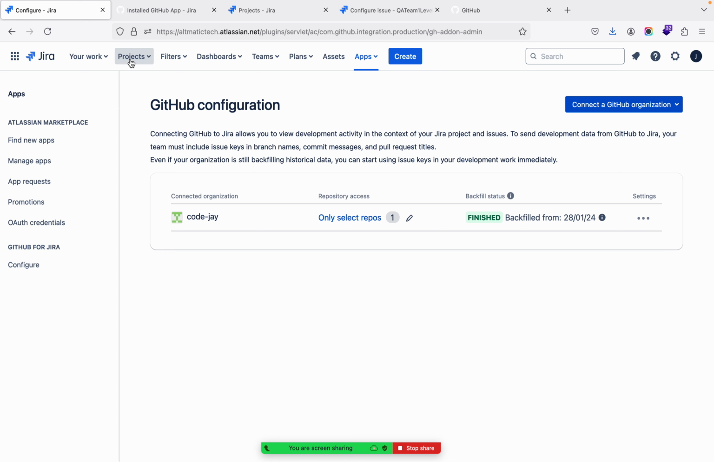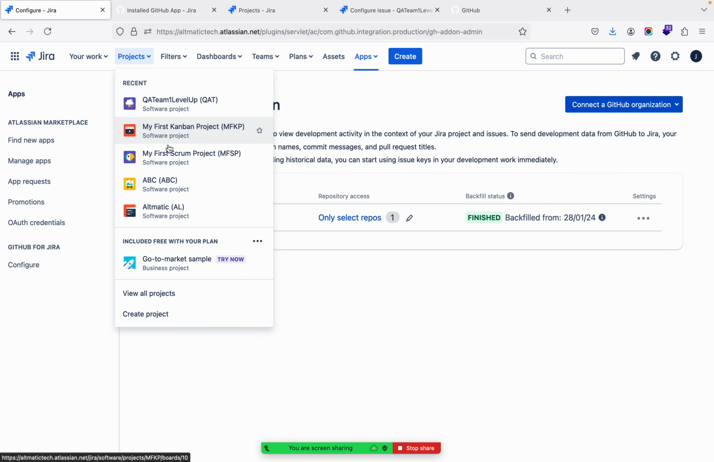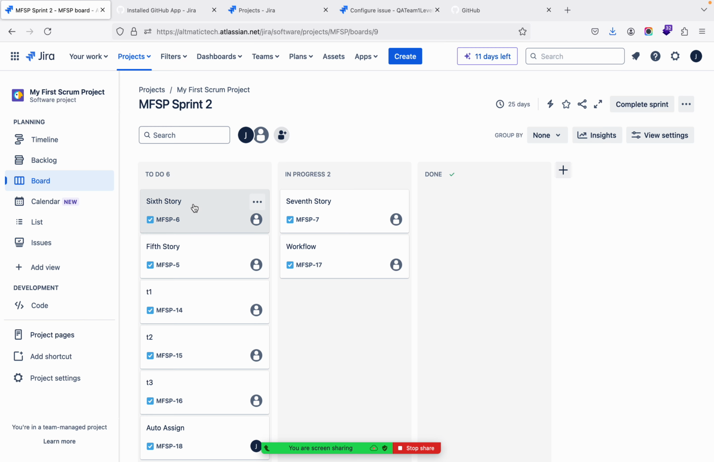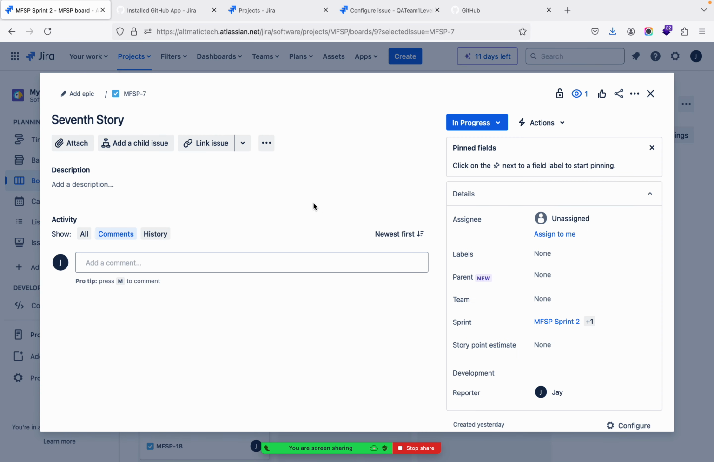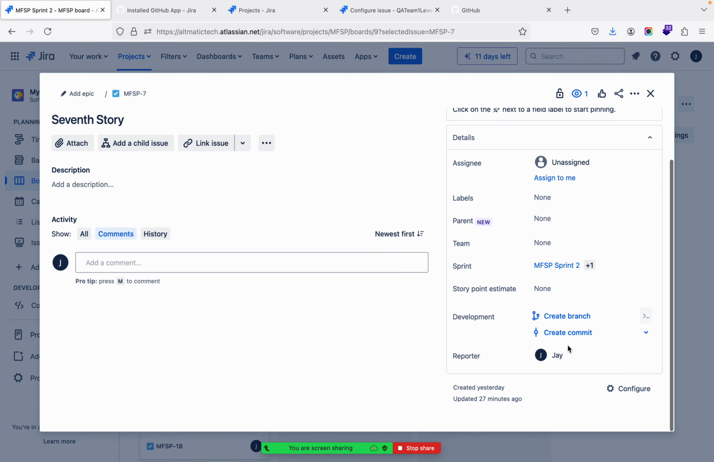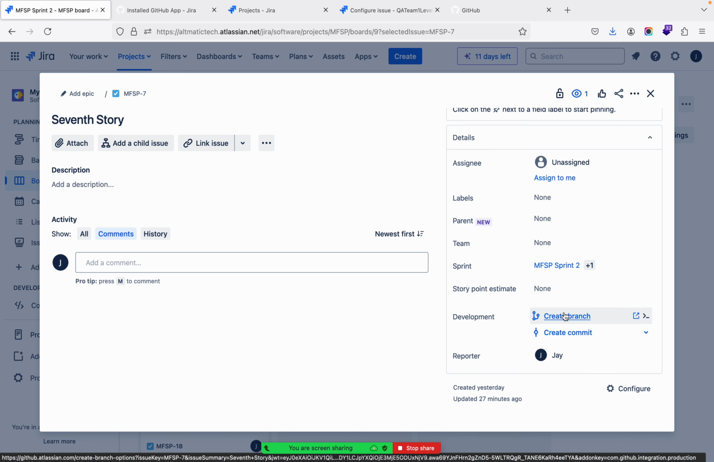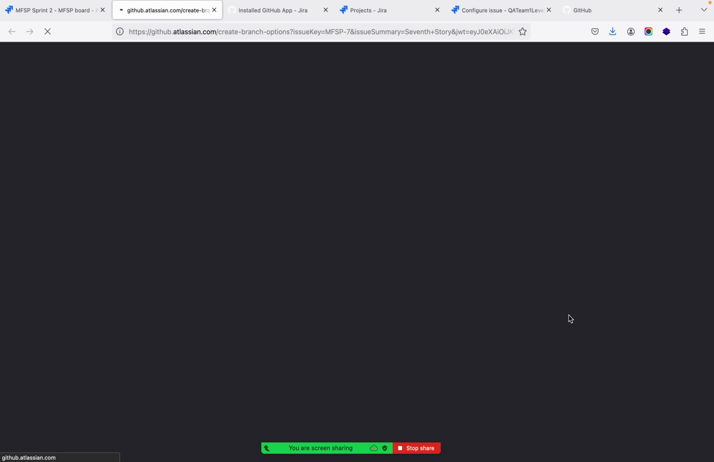So I'm just opening this Scrum project. Suppose that a developer has started to work on this project, right? You see a change here, right? If there was no GitHub integration, these links would not be displayed here. As I have already linked one repository, that's why it's giving me an option to create a branch, right? Once I click here,